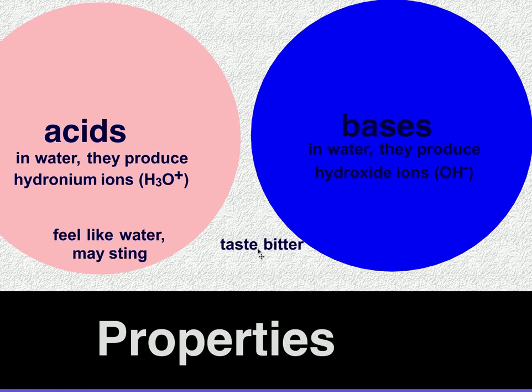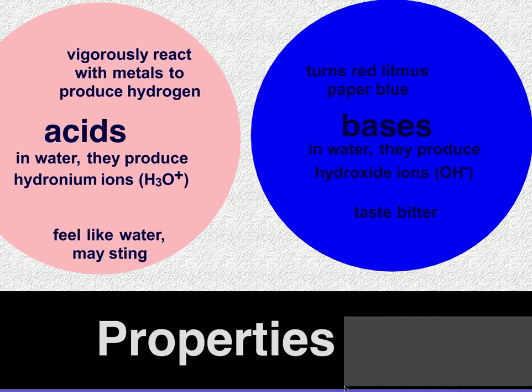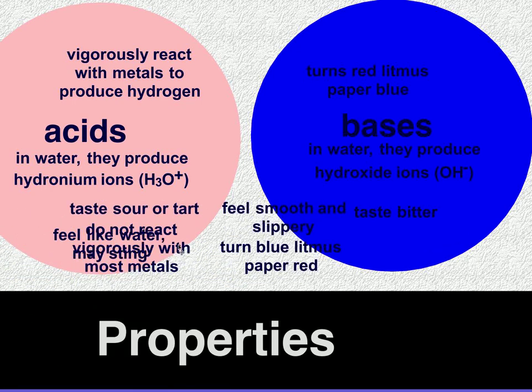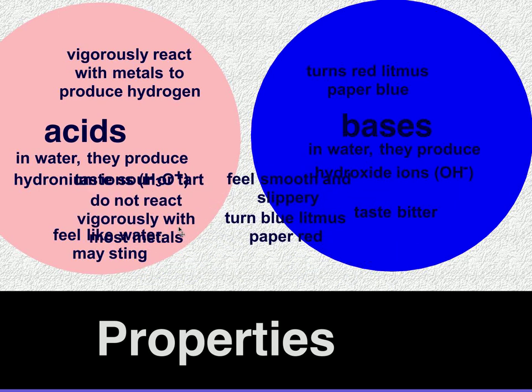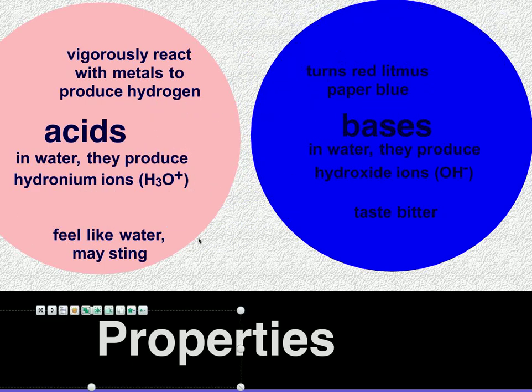I apologize. Tastes bitter. That would be bases. Some other properties that we look at: vigorously reacts with metals to produce hydrogen. That would be acids. Turns red litmus paper blue would be bases. Tastes sour or tart and does not react vigorously with most metals would be a base. Feels slippery and smooth and turns blue litmus paper red would all be, whoops,